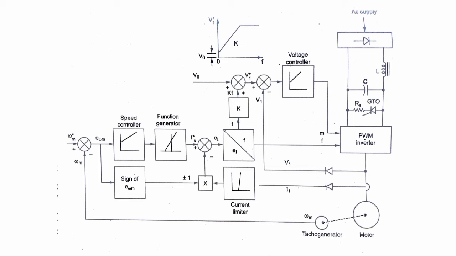To understand it in a better manner, we can consider this per phase equivalent circuit of the induction motor. To make the equation, as we noted, the terminal voltage V1 needs to be approximately equal to the EMF E1. As you can see, voltage and frequency vary along with a small voltage boost at the low frequencies. Then the maximum available frequency is constant, hence it is called the constant power region.